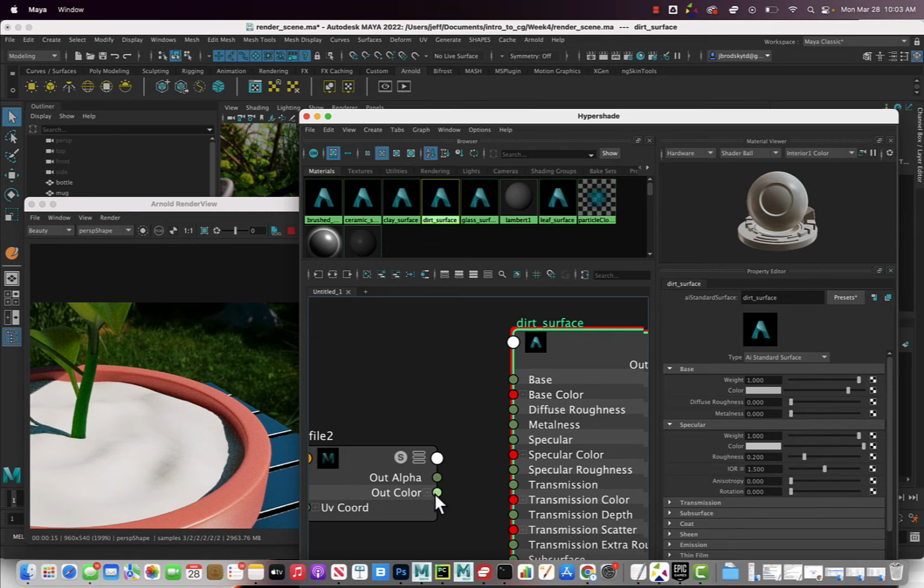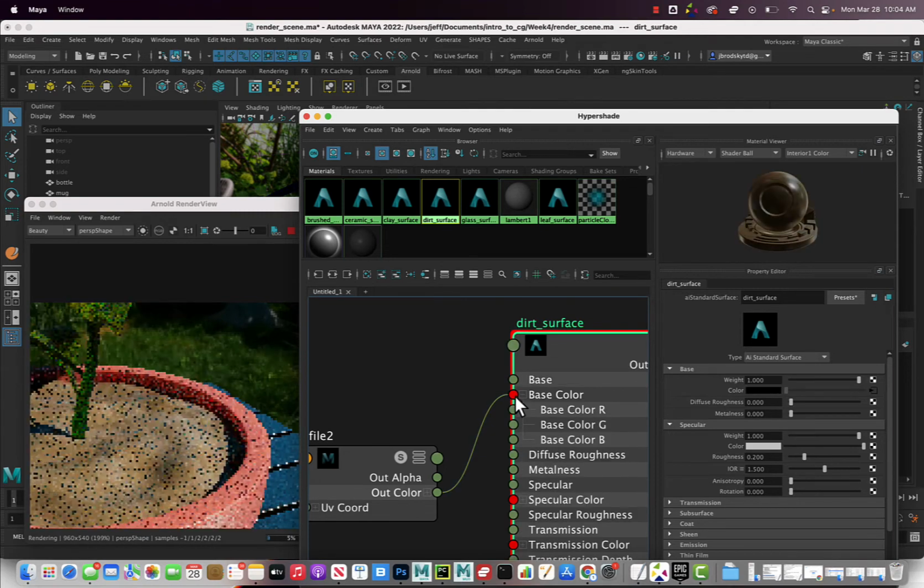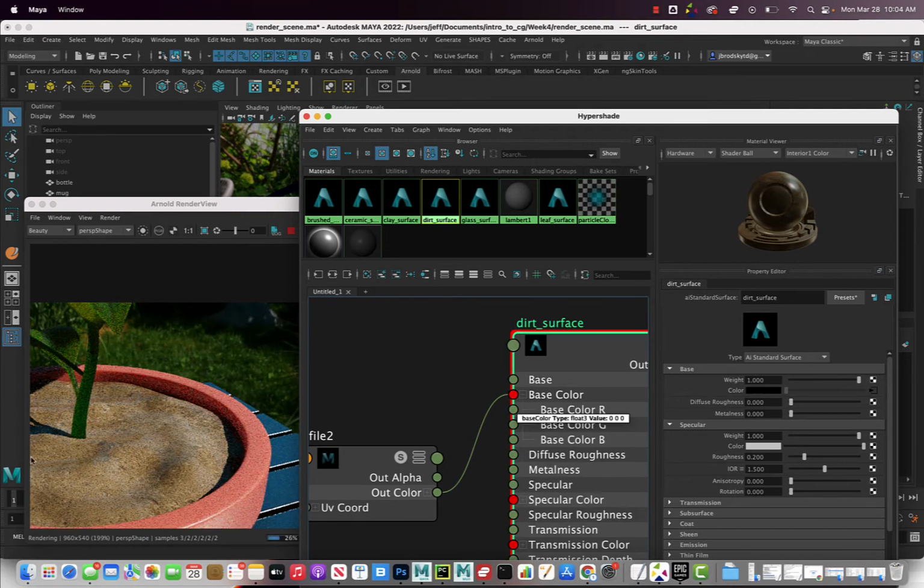So we need to take our out color. If I click on this little circle from out color, we get this little connection. Think of it as like a wire. We want to plug that into base color on our dirt surface and let go. Now our image is mapped to our dirt,